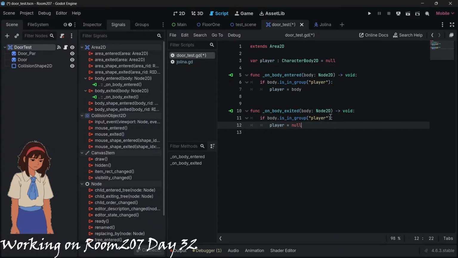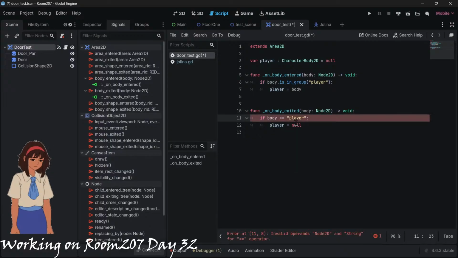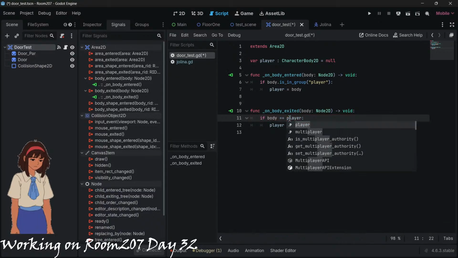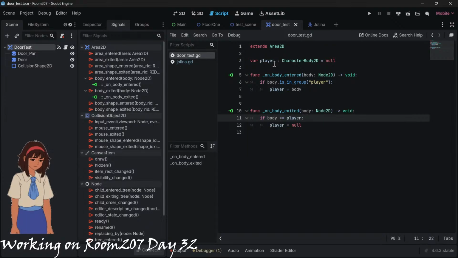If body, wait, no, this is exited, so if body is equal to player, which is this one, then no, because it sets the body here, so